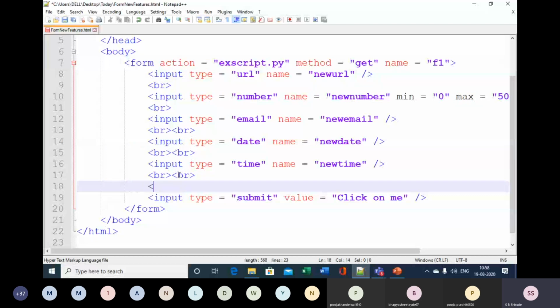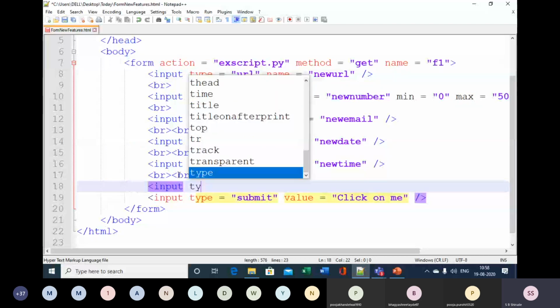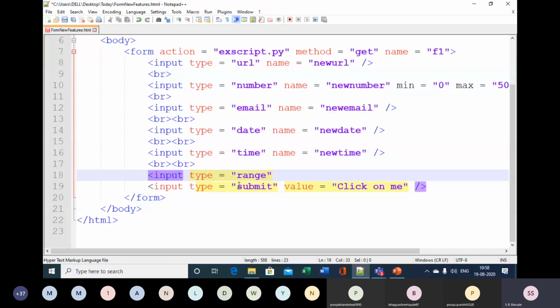So input type is equal to range, and then name is equal to new range. After this, since this is a range, you should make use of minimum and maximum attributes.